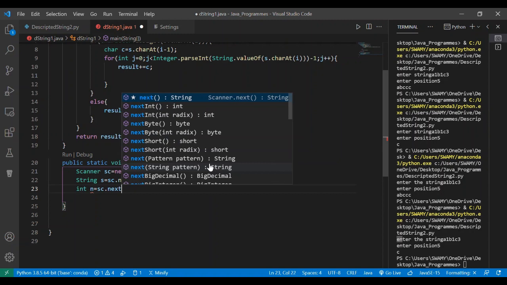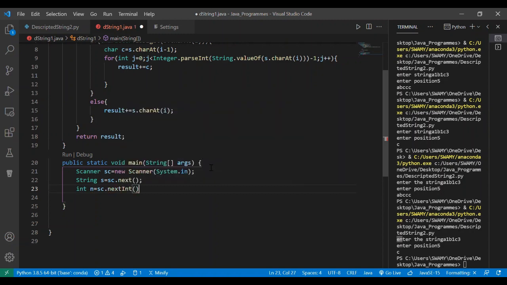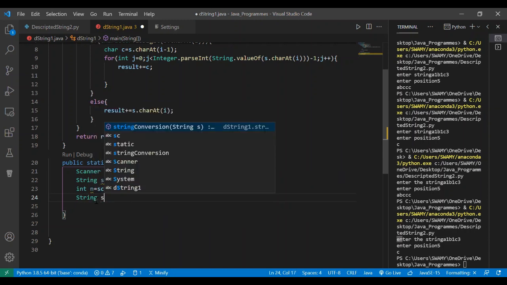It will give an integer from the user, and I will store the method's return value into another variable, s2 is equal to